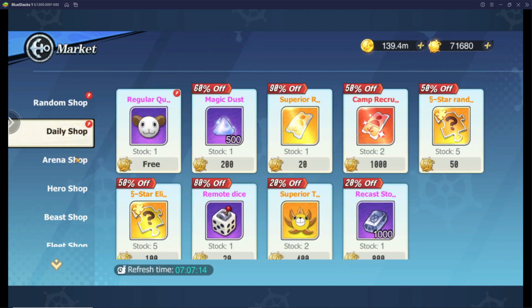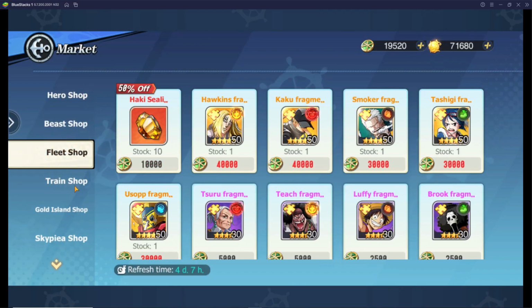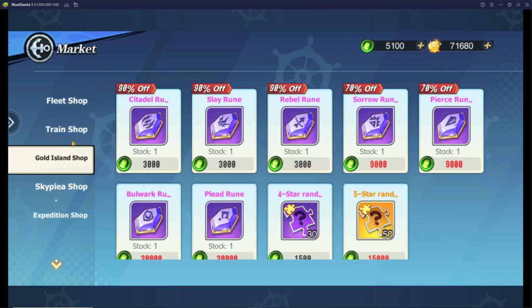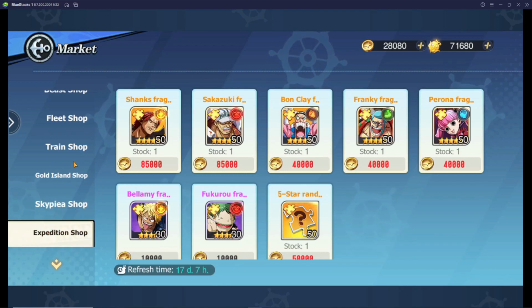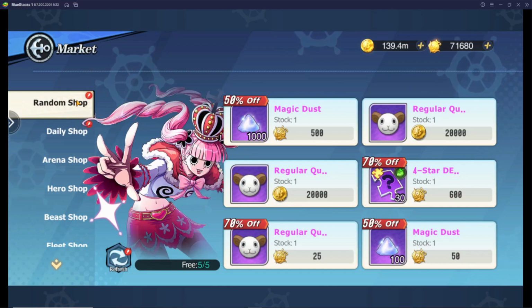You have the random shop, you have the daily shop, arena shop, hero shop, Beast shop, fleet shop, train shop, gold island shop, Skyperia shop, and the expedition shop. So you have a bunch of shops, and we're going to be covering every single shop and what's the best things to buy in each shop because it's very, very important. Just like every mobile game that you play, you need to make sure that you're spending and using your resources